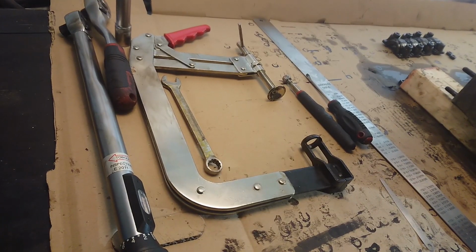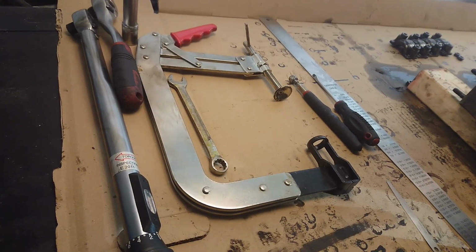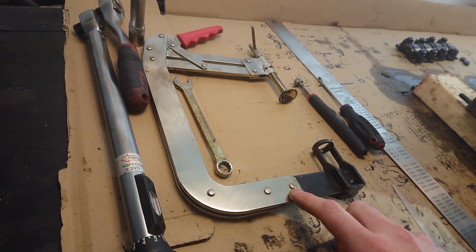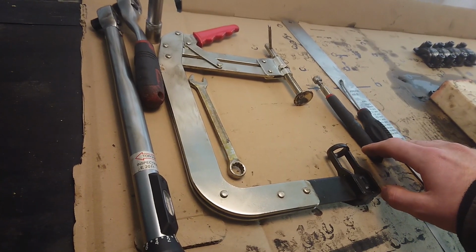I'll show you the tools you'll need to check if the head is straight or warped, and also how to remove the valves and continue to disassemble the head. Here are the tools I use to check the XK cylinder head and to disassemble it. A long straight edge and a 4/1000 of an inch feeler gauge to check if the head is warped or not, a valve spring compressor to get the valves out, a small screwdriver and a magnet helps to get those keepers